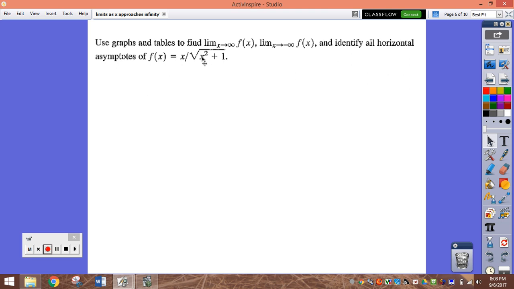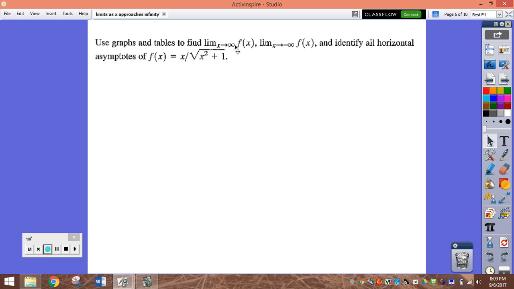So if I raise x squared to the 1/2, 2 times 1/2 is 1, so the degree on the bottom would be 1. So the degree is the same on top and bottom, which would make the horizontal asymptote equal to the ratio of the leading coefficients. And so the coefficient on top is 1, coefficient on the bottom is 1,